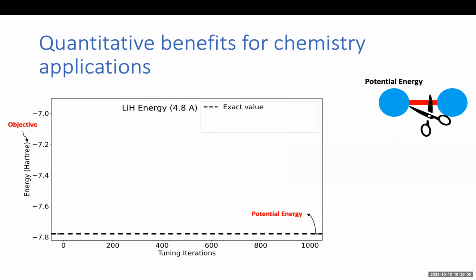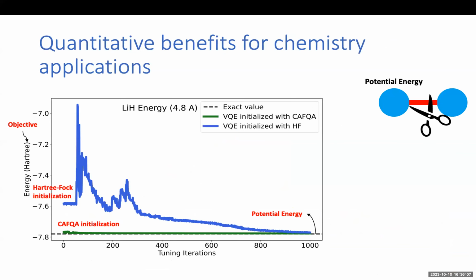Okay, so I'm just quickly going to show one result for this. A typical initialization used for these problems is the Hartree-Fock initialization, because Hartree-Fock is essentially creating a good bit string. So the Hartree-Fock initialization is the starting point over here. After this, you run your variational algorithm, and it takes a long time to converge. For this particular problem, which is lithium hydride, the Kafka initialization is near perfect just to begin with.